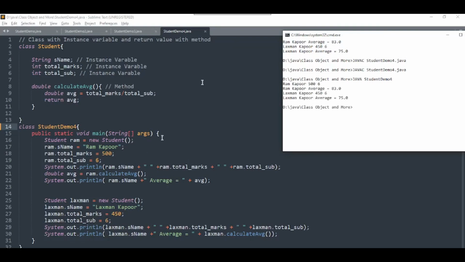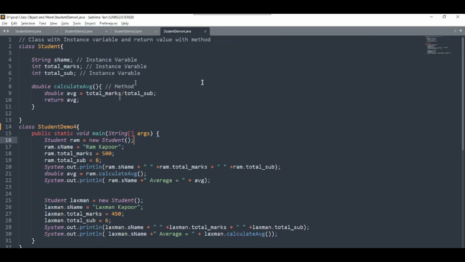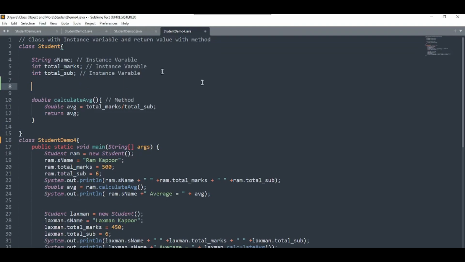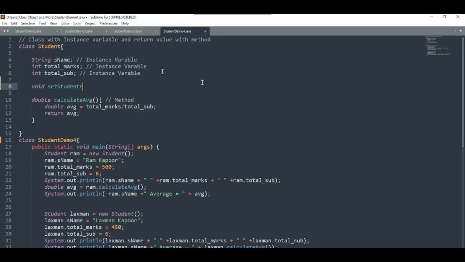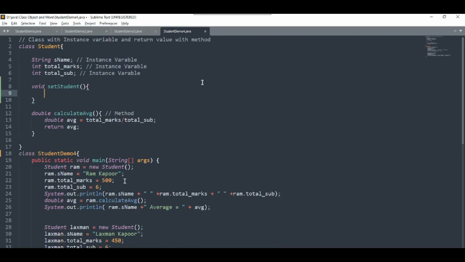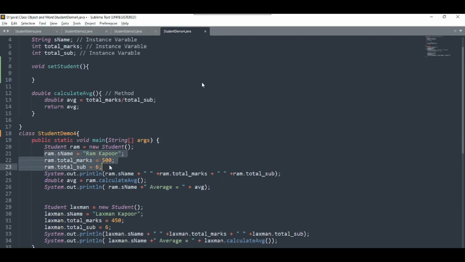Okay, as you can see in the output, we have the same method to calculate the average, print it and return it. Now I want to assign that value dynamically, so I am creating another method named setStudent, and the return type of the setStudent method is void, right? So this method will assign the value to the particular object, that will initialize the value of the object. This method will be used to initialize the value of the object dynamically, because here what we are doing is we